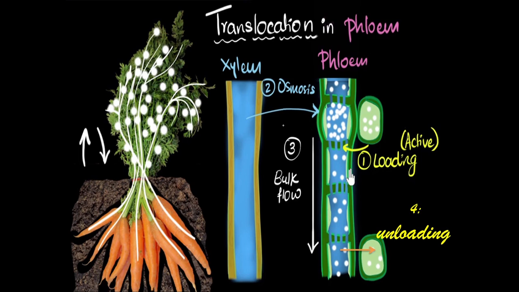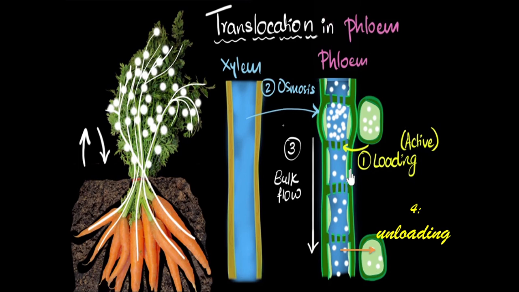Now here again we'll constantly talk about osmosis, the difference in concentration, etc. Diffusion, as I told, is the movement of particles from a region of higher concentration to a region of lower concentration. Osmosis is the movement of water from a region of higher concentration to a region of lower concentration through a semi-permeable membrane. That's the definition of osmosis.